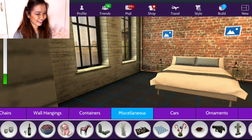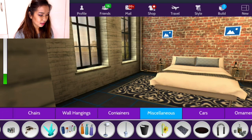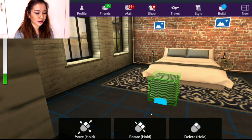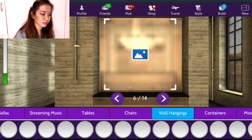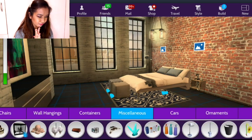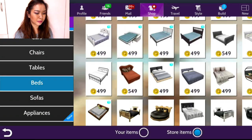the white bed with the blue pillows, and it looks pretty enough, but it wasn't enough for me. Plus the rug underneath it, at first I really liked it, but then when I put the ottoman, it looked a bit too noisy. So visual noise is also quite important when designing a space. And also contrast. It was too noisy, so I decided to get a new type of bed that matched